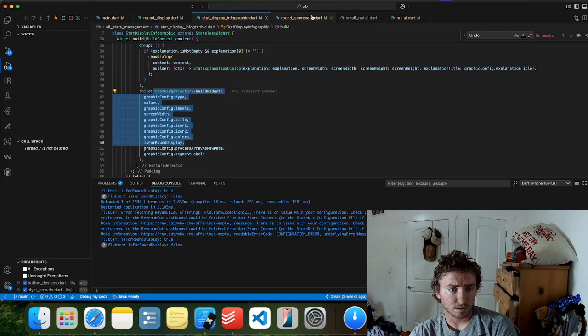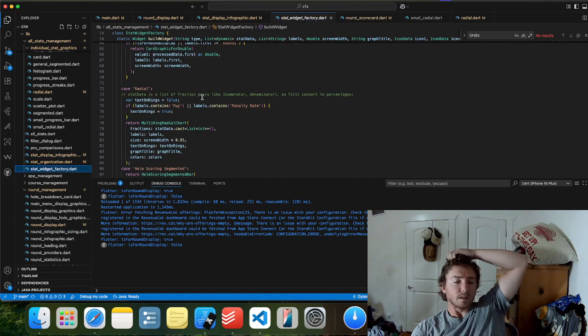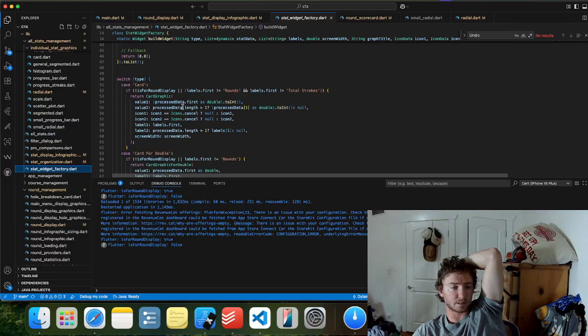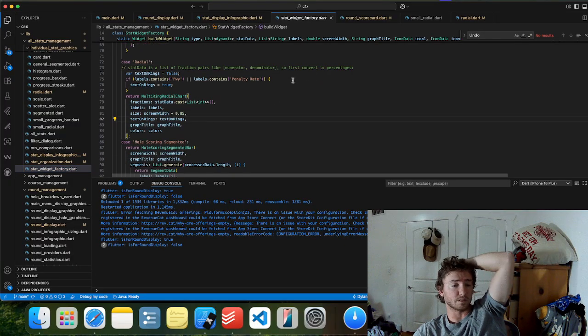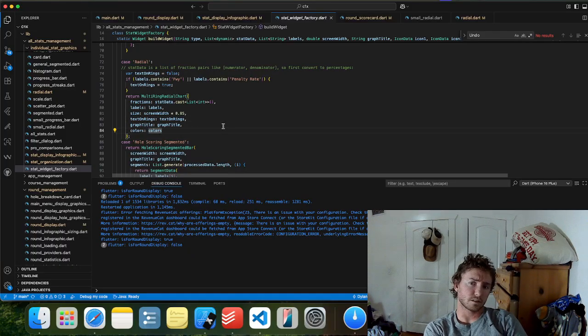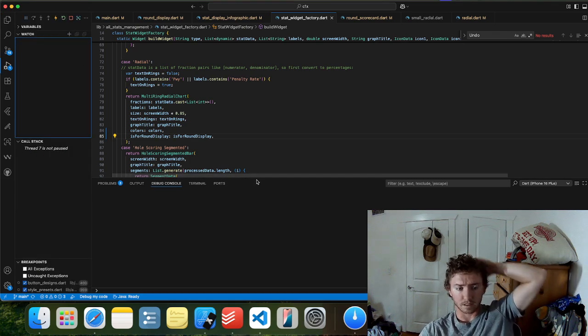But when I call stat widget factory, get the bool, it is for round display. For radial, I'm just never passing it. Why was I doing that? I don't know. That should fix it though.